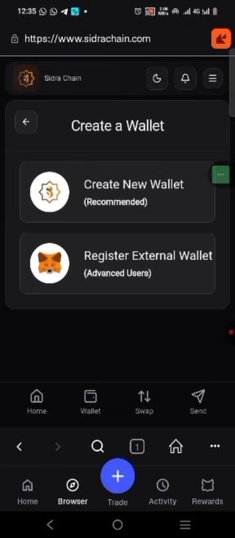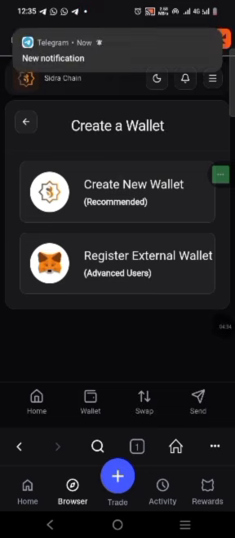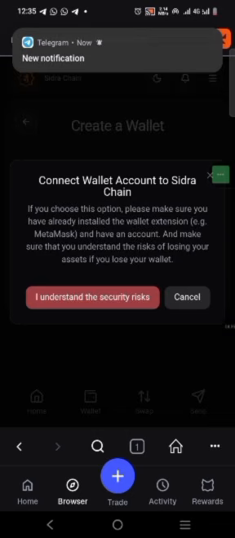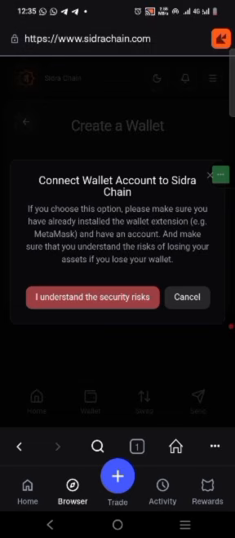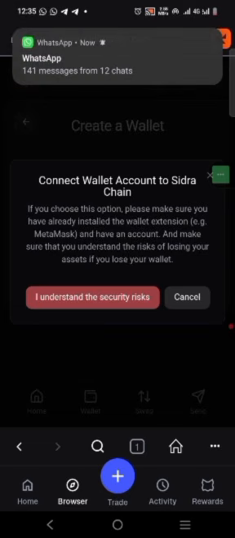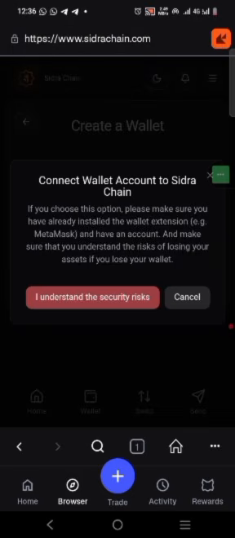Tap on it. Then you tap on add new wallet, right? Once you tap on add new wallet, you are going to see register external wallet for advanced users. This is where you are going to see MetaMask, right? If you choose to connect this, then you tap on this red button. I understand the security risk. Then you tap on it. Yes, this is the last step you're going to follow. You tap on this red button. Once you tap on it, then you're good to go. Your wallet is connected